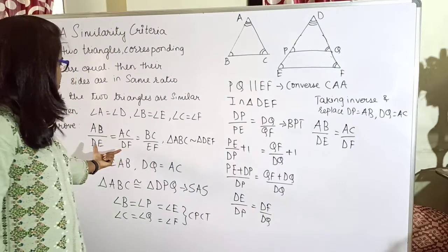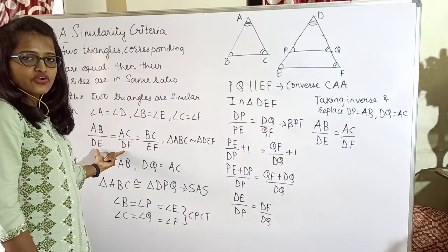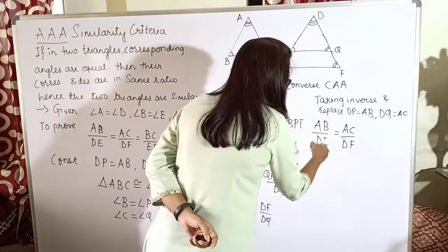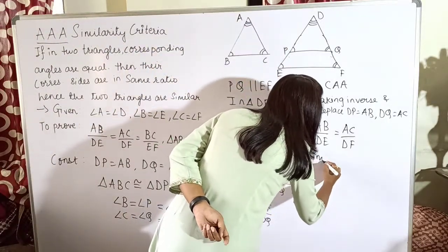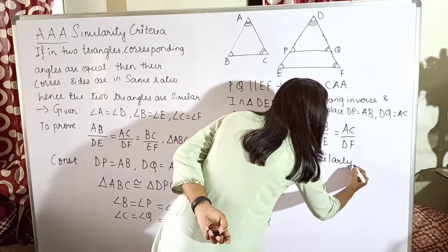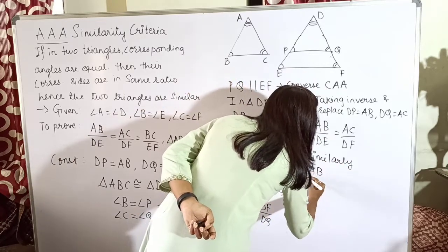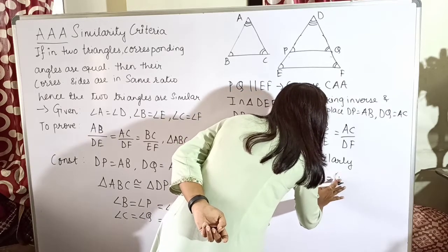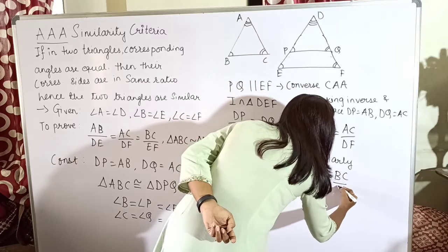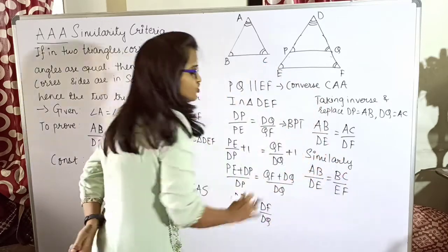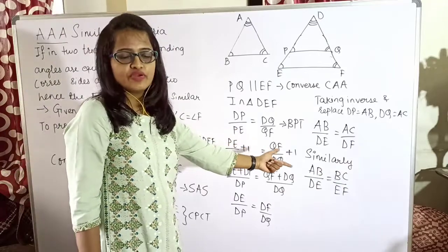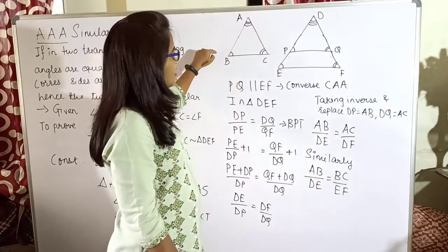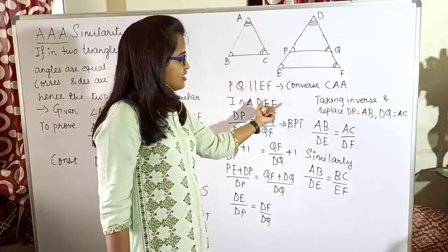Okay, so that is what we have got according to our proof, that yes, AB by DE is equal to AC by DF, right? So here I can write, similarly, I can show AB upon DE is equal to BC upon EF. Once you have shown, for the next thing you can write similarly, because the process will be the same, or all the steps would be the same. So in second case, I can show AB upon DE equal to BC upon EF.